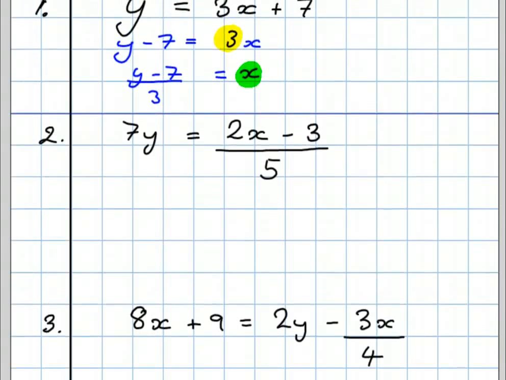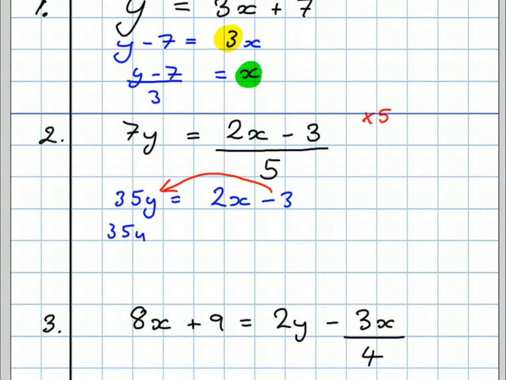7y equals (2x minus 3) over 5, and we're going to make x the subject. I've got a denominator here, so let's first get rid of that by multiplying the whole expression by 5. 7y times 5 is 35y. 2x minus 3, all divided by 5 times 5 becomes 2x minus 3. And then we proceed as with example 1. Move any numbers that are added or subtracted to the other side, so we get 35y plus 3. Because it had a minus sign here, it's the only time we add it when we move it,